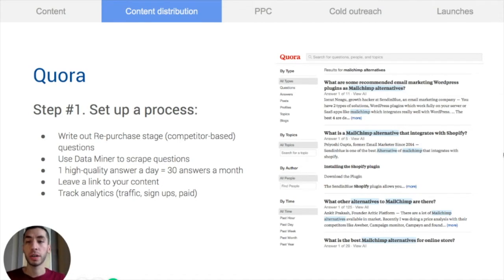So a few quick tips on how to set up the process. Basically, you go to Quora and write out all the repurchase stage or competitor-based questions there. You can either do it manually, or you can use a software tool like Data Miner. It's a Chrome extension that lets you scrape any website content, and on Quora you can scrape all of the questions that you need, and then you